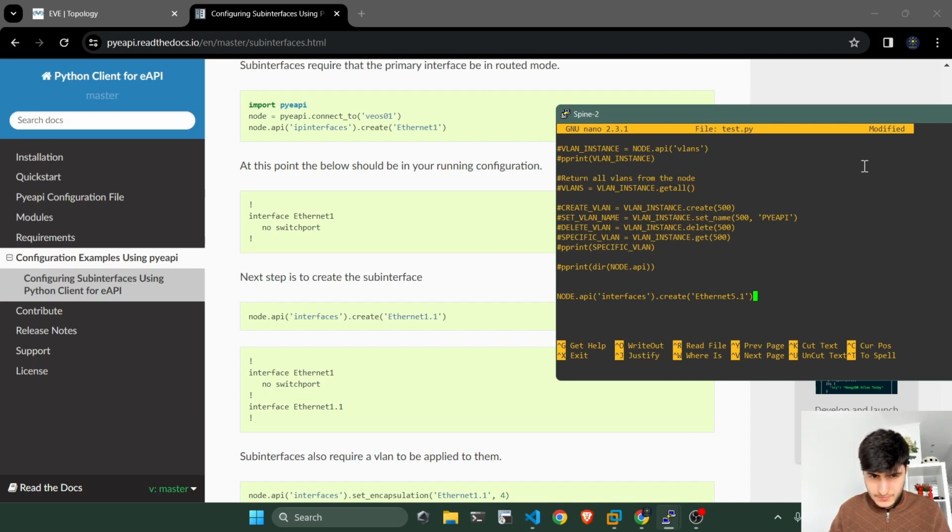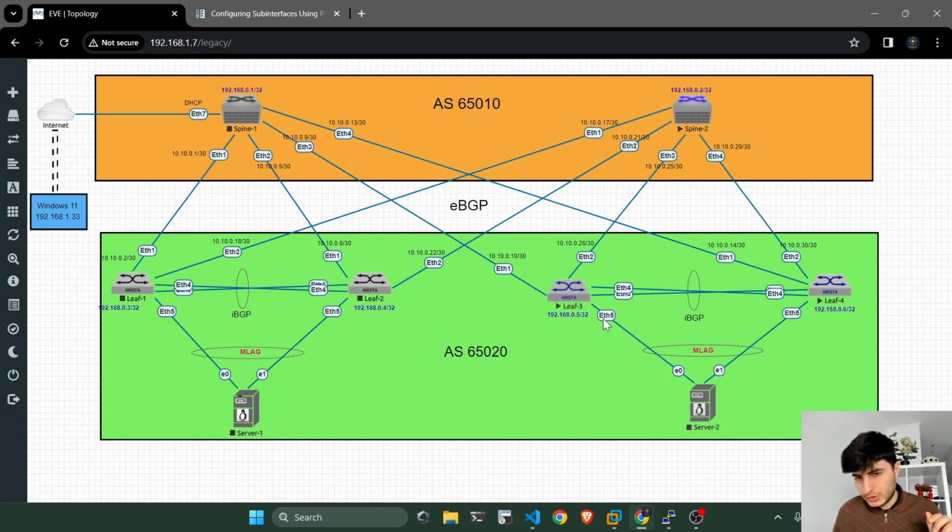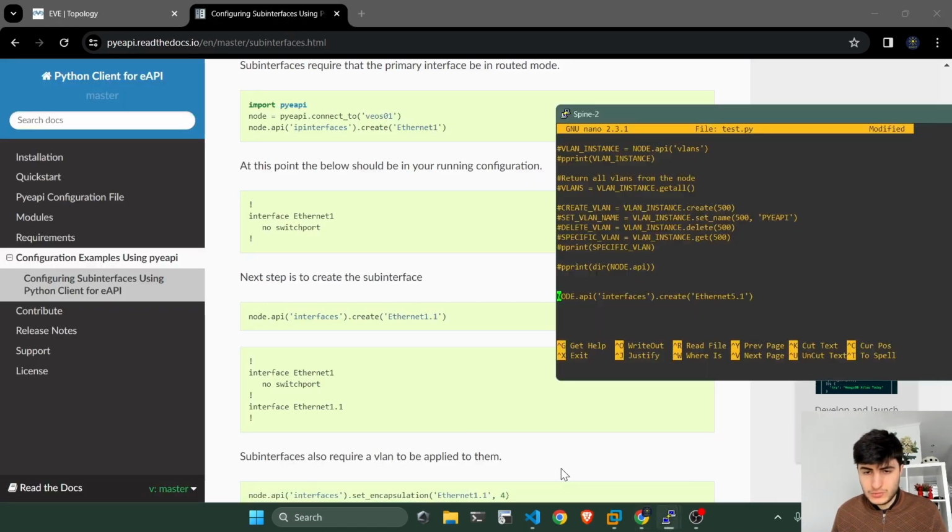Okay, so actually I do need to run this command as well because I need to change, because my Ethernet 5 interface is not a routed port, it's a switched port. So we can use all the other interfaces. So let's try to use Ethernet 2, right? So Ethernet 2, let's try. And what is it? It's just a command we're running. And we have to verify this, right? We have to verify this, let's say interface